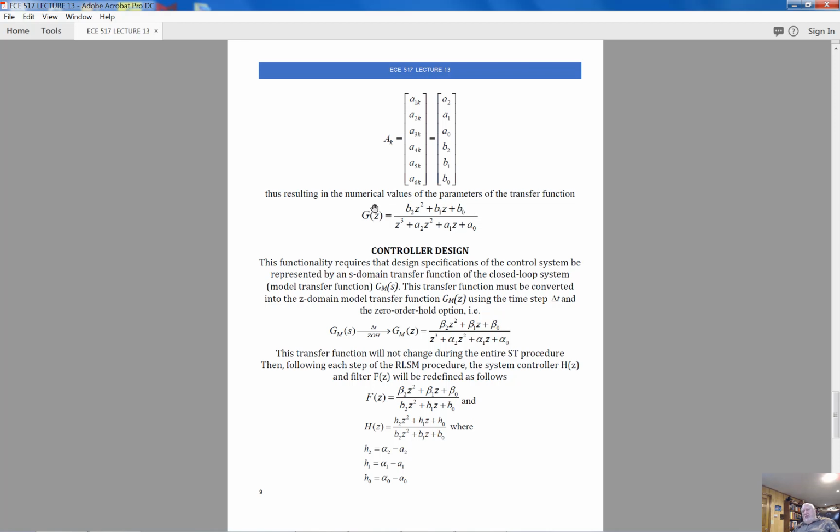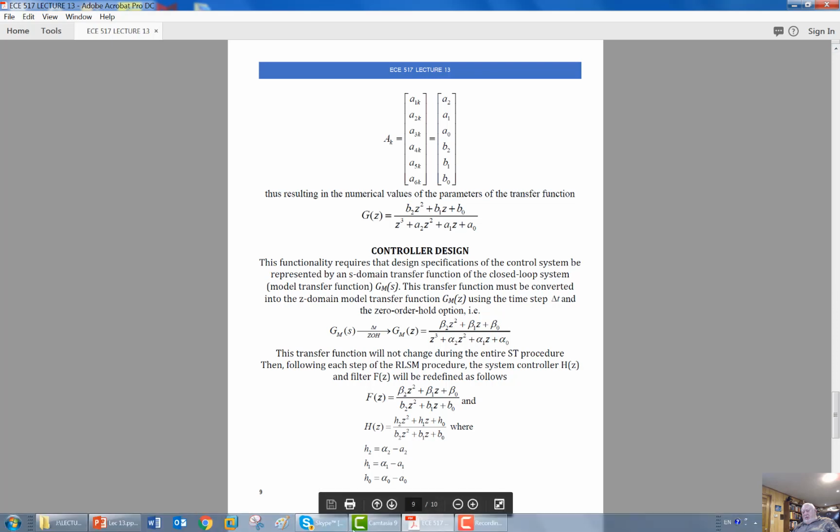Nevertheless, as soon as you get this expression for the transfer function, we should perform controller design. When we perform controller design, let me go back to our diagram,